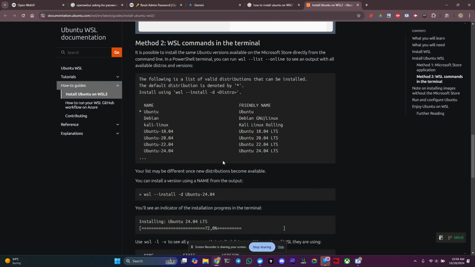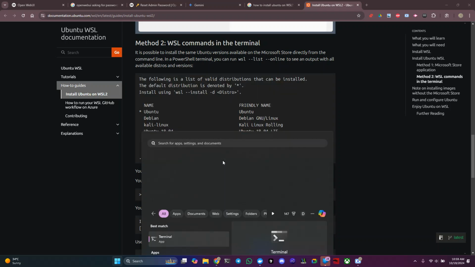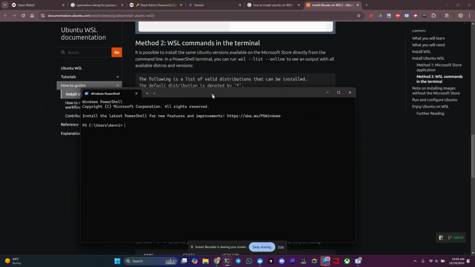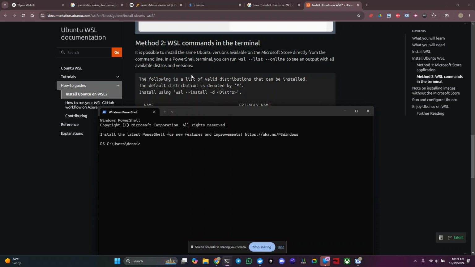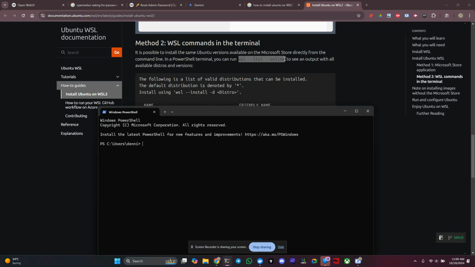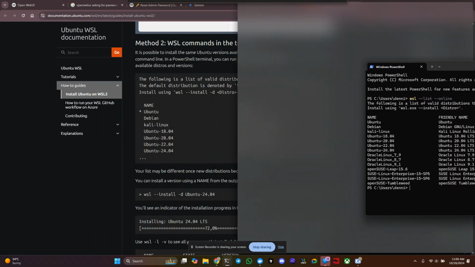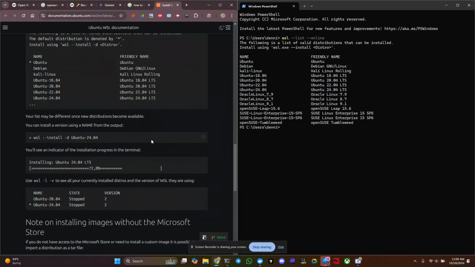What we'll do is open up a terminal and open. And the command is pretty straightforward. So we just do list online, Control C, Control Shift V. There are the available distributions, and let's take a look at which one we want, which is this one,